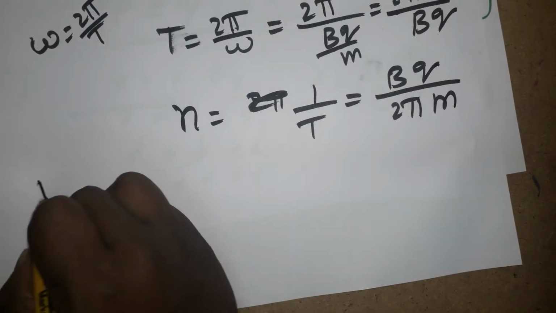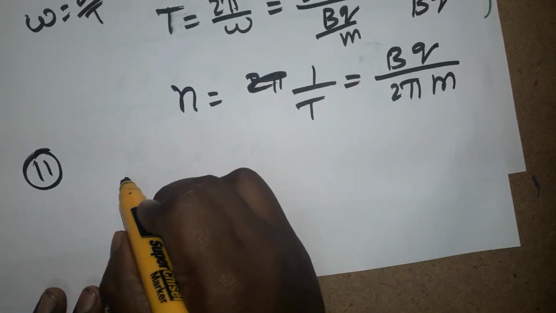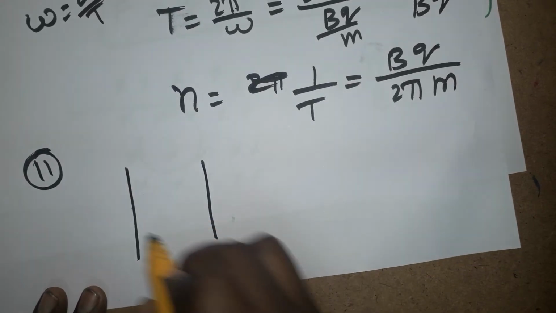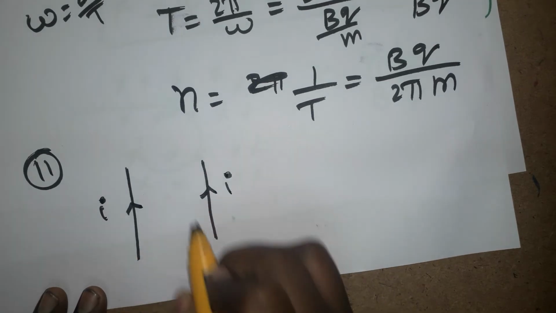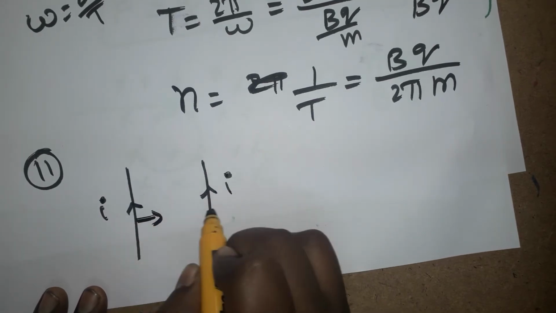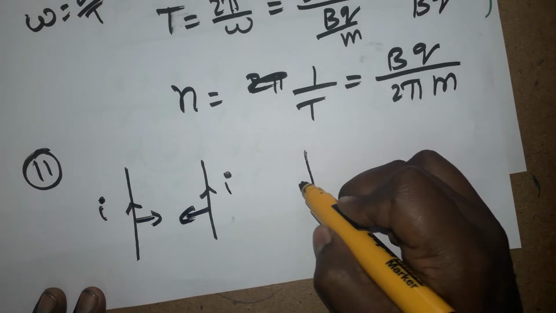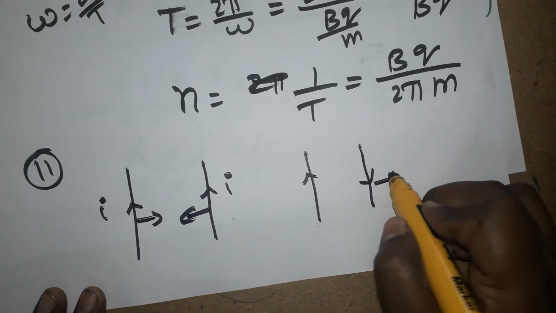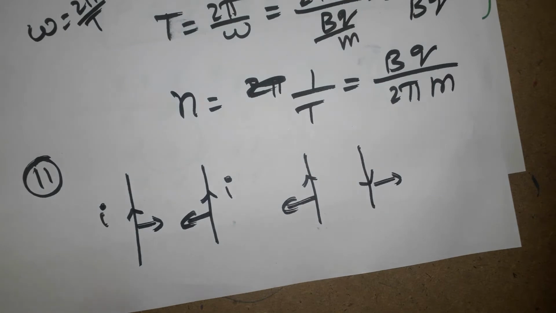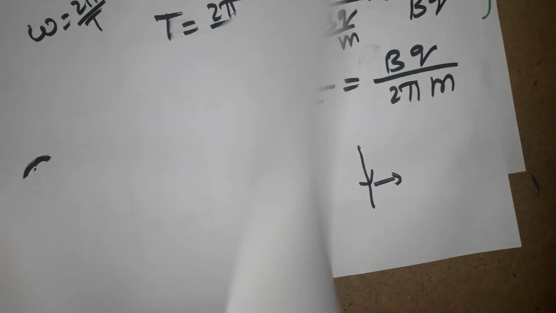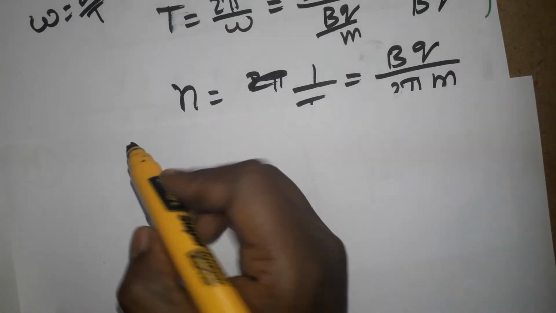Okay. Question number 11. I have two wires. Current I is flowing on the wires. When the current in both wires is upwards, the force will be pulled towards each other. When it is opposite, the force will move outwards. So this equation we are going to learn, force per unit length. It's a very important question. It's the 11th formula, force per unit length.